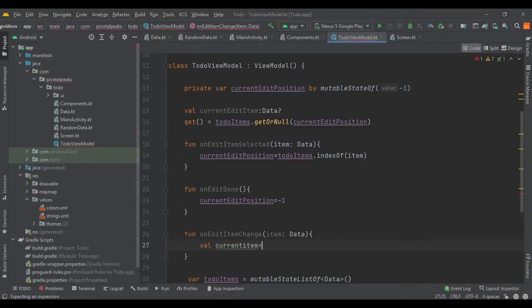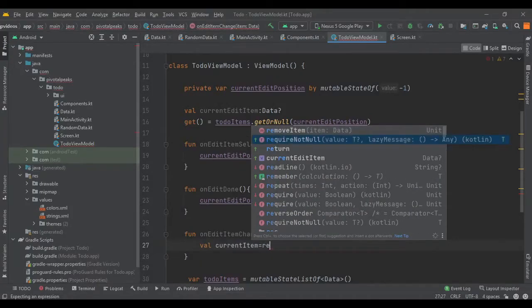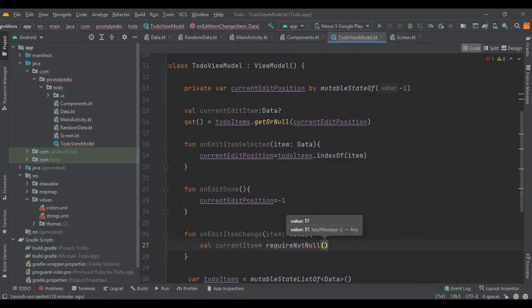We are not assigning, but just checking that the value is not null, so we will pass the current edit item.